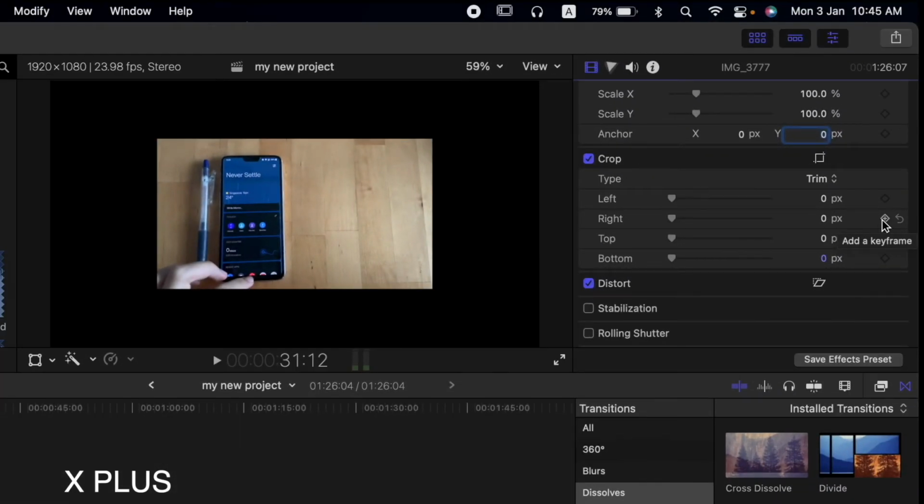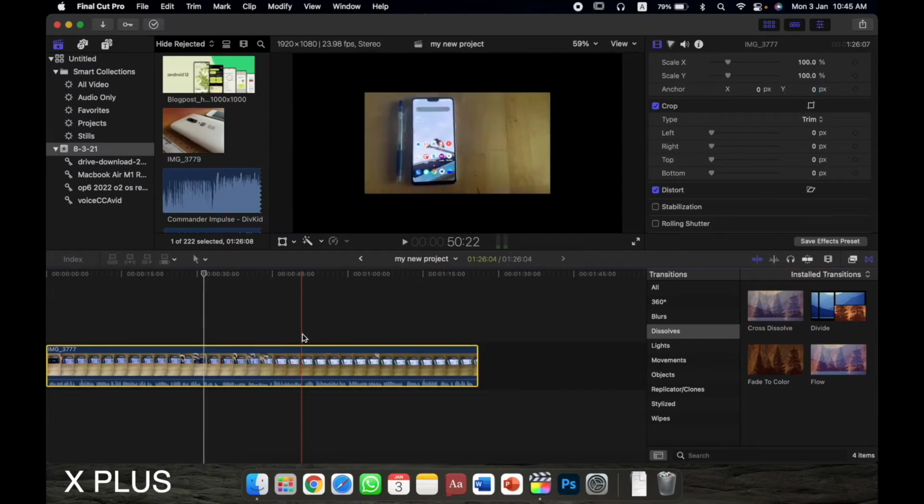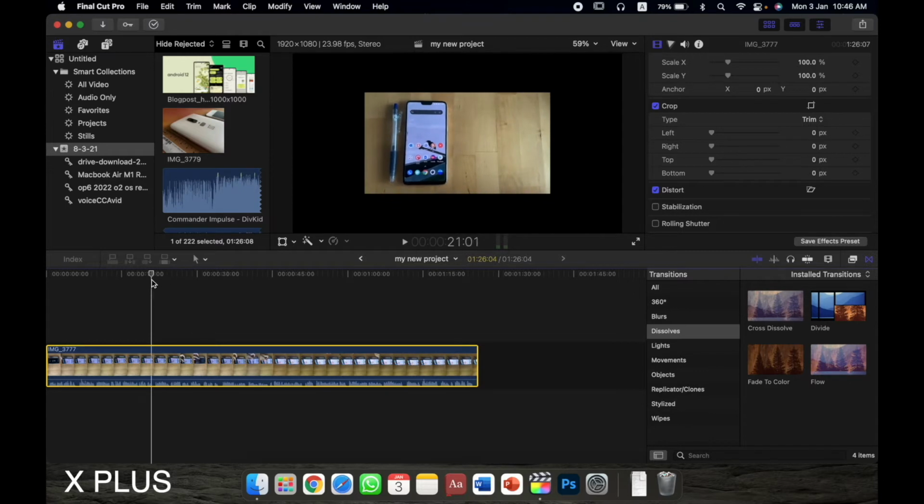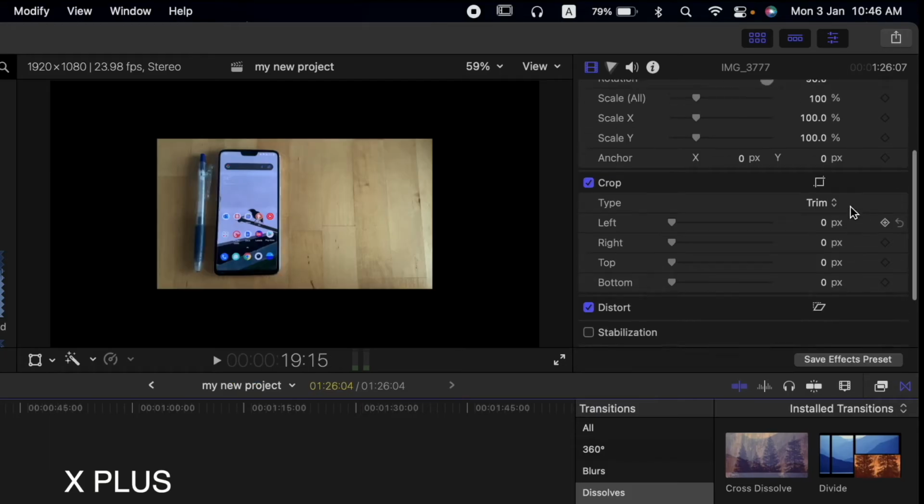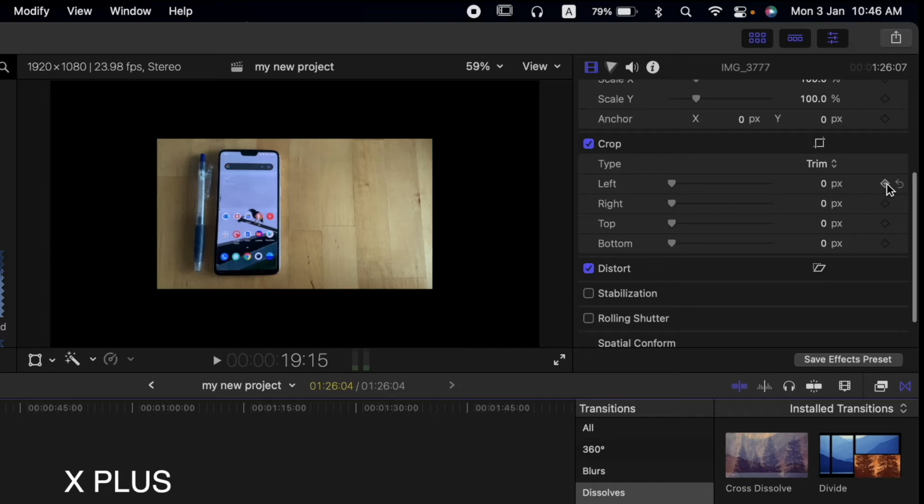So for example, if I hover my playhead somewhere here and I click on it, okay, it's yellow so I've selected it, then I add a keyframe, right? You have to add a keyframe every time you want to start an animation. So for example, I add a keyframe here,